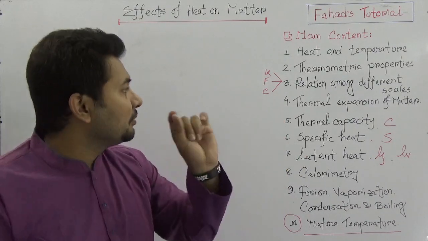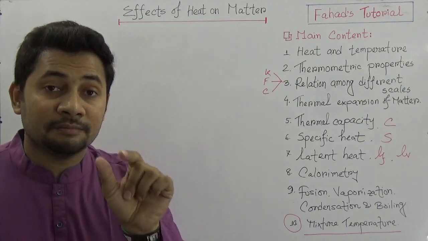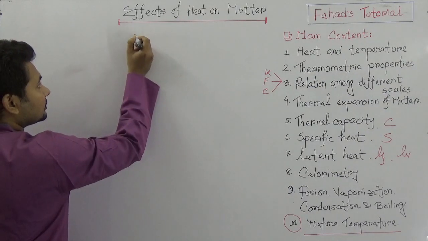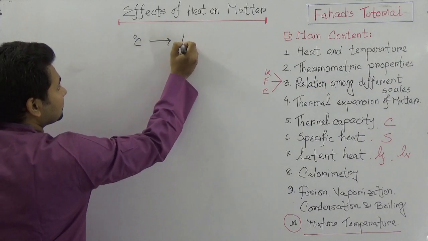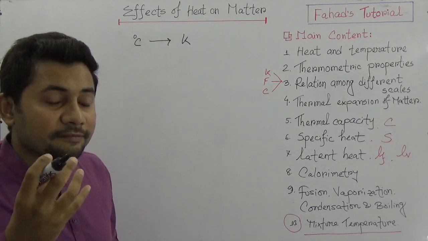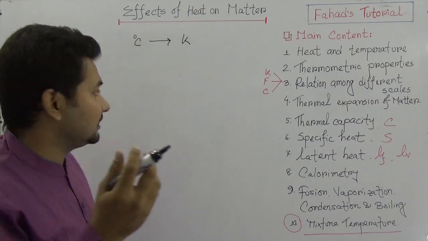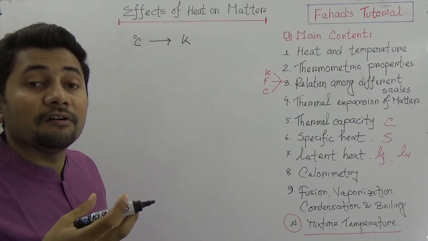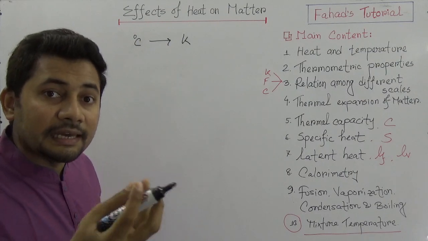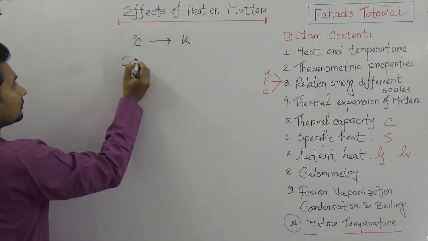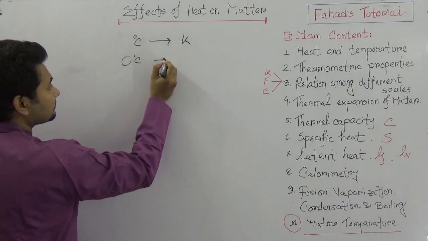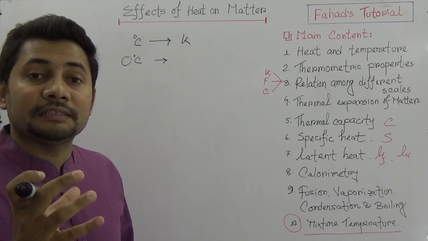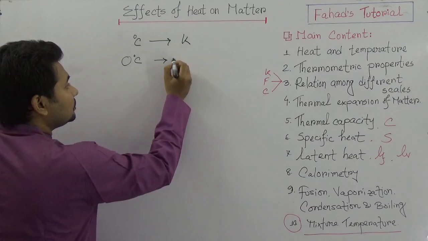Before explaining thermometric properties, one important thing: to go from degrees Celsius to Kelvin, we need to know the standardizations. The melting point of pure ice is 0 degrees Celsius, and on the Kelvin scale,